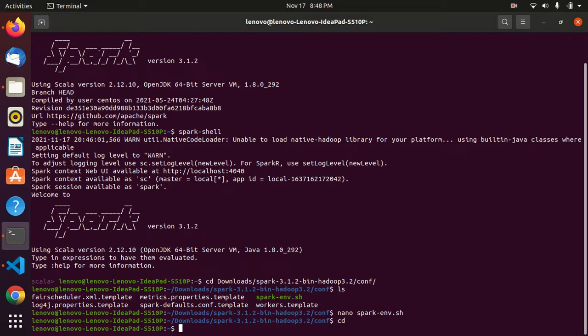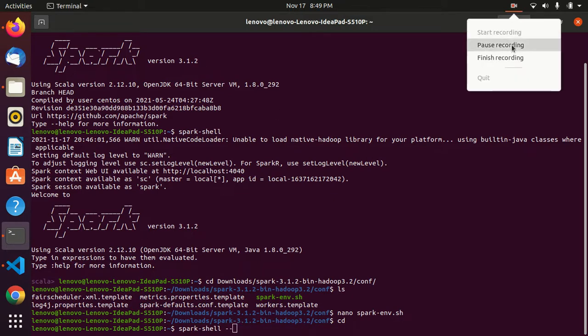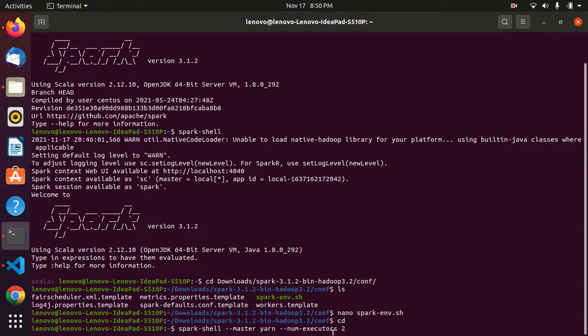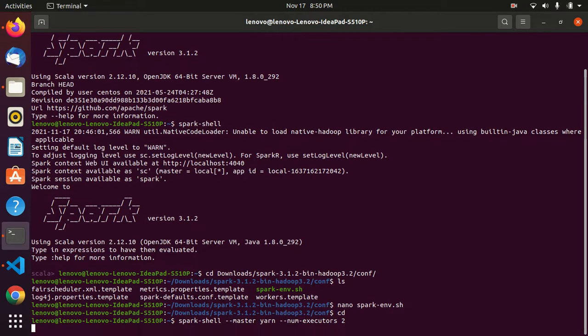So first we will use spark-shell --master yarn --num-executors 2. Here we have to give the executors: spark-shell --master yarn --num-executors 2. Let's press enter.